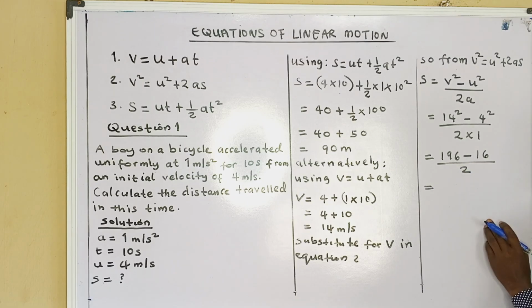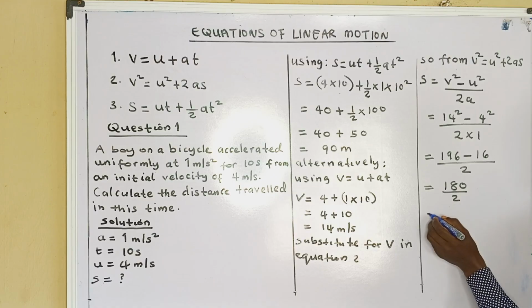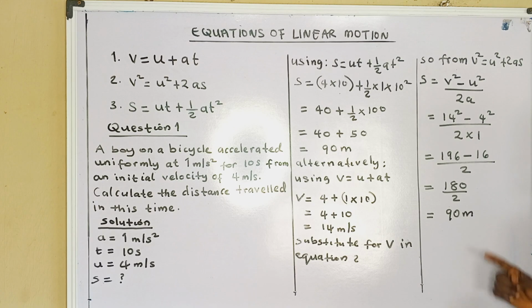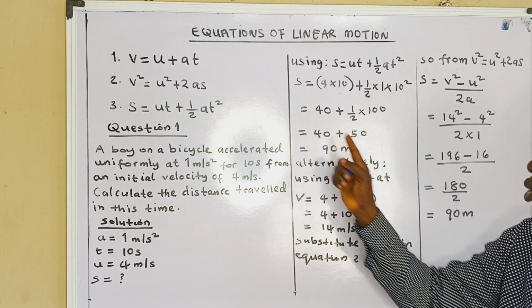Now, what is 196 minus 16? That is 180, all over 2. When you divide your 180 by 2, what do you get? You get 90. So the same 90 meters that we got when we were using the third equation of motion